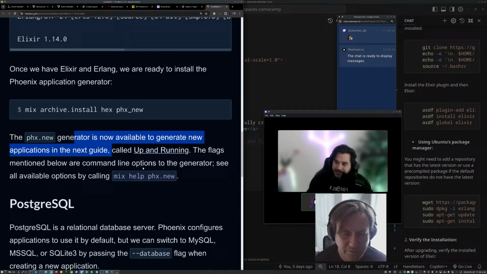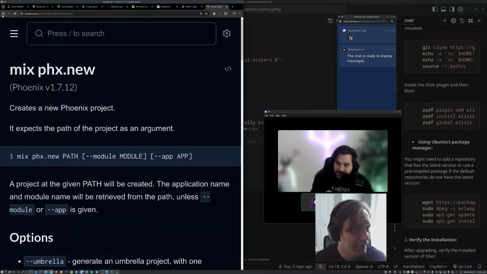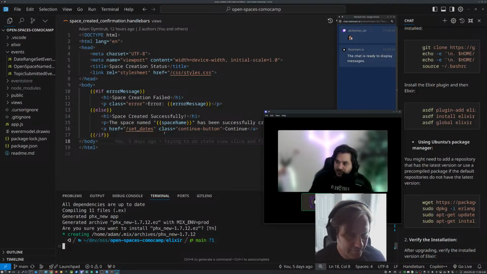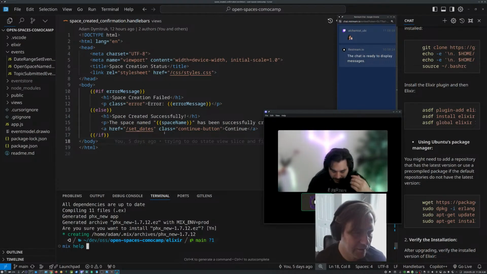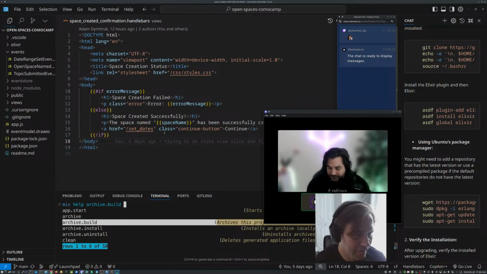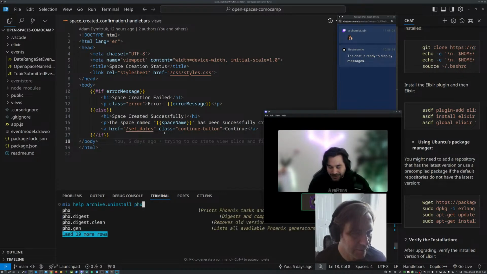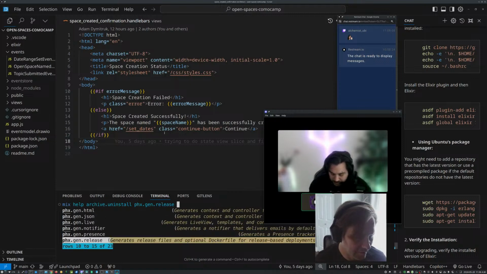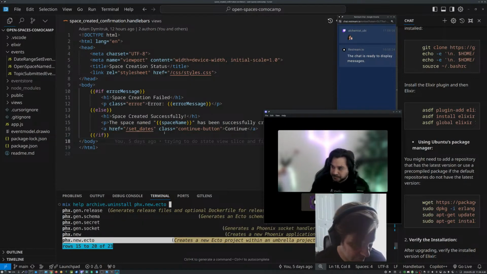So do mix help phx.new. Every time I say Phoenix, it's PHX. Yeah. So if you use that one, it would help. It would display the list of information on how to use a command. And honestly, I never remember it and use it. And I normally have the habit of running it because I may want to disable a few things. Phoenix. Oh, there it is. See? Okay.